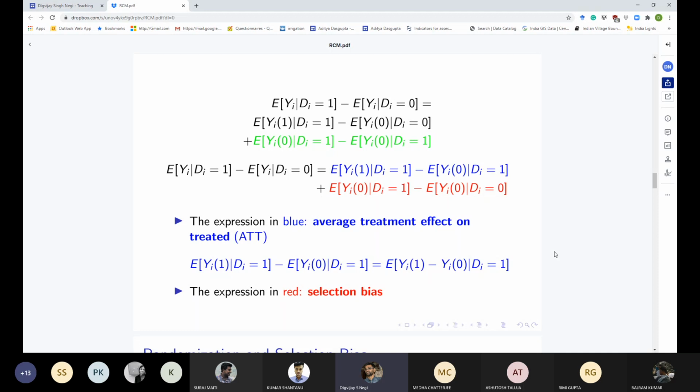So on average, their potential outcomes under no treatment would be the same as the potential outcome of the control group. So that's why it's called selection bias, because if there was even a tiny bit of selection based on some criteria for these individuals, then this red object will not be zero. Only if the assignment of treatment was purely random will this red object on average be zero, right? Because it's randomly assigned. So we know under random assignment, there should be no difference in the treatment and control group based on their characteristics and all those things. So that's why it's called the selection bias.